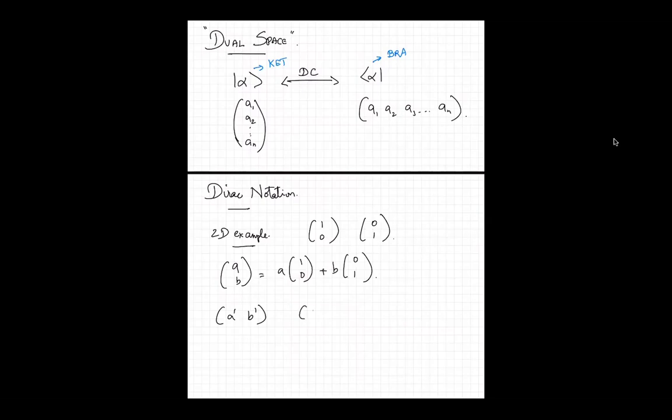The basis vectors are (1, 0) and (0, 1), so that anything can be written as a linear combination of these two basis vectors. Just like this guy and this guy are the basis vectors in the ket space, this guy and this guy are the basis vectors in the corresponding dual vector space called the bra space. So